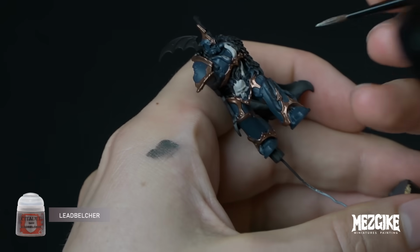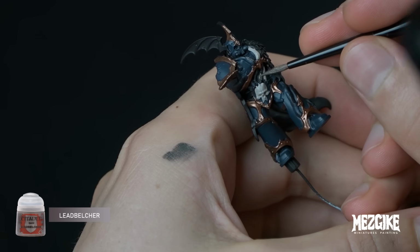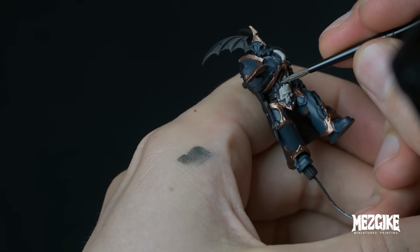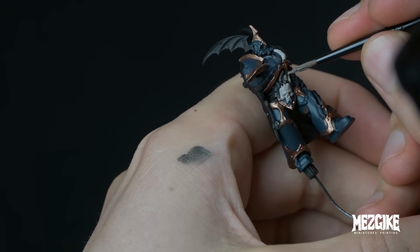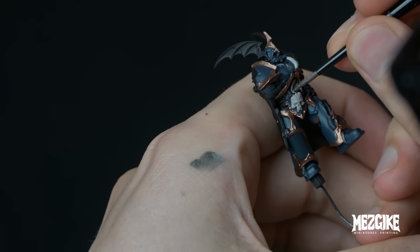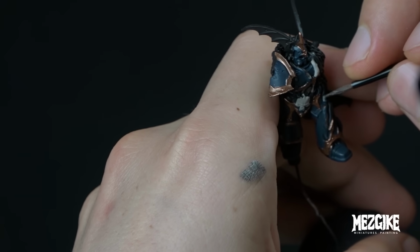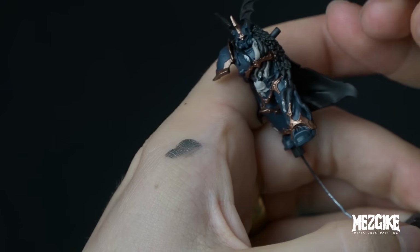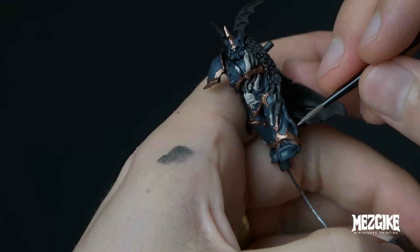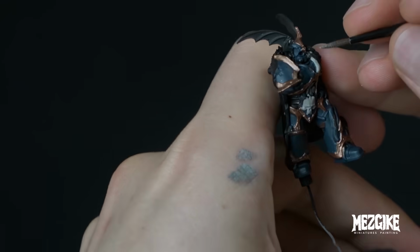Lead Belcher. We're just going to use this to paint all of the pipes, the internal pipes that we can see in the tears. And this pipe here is completely exposed. We're going to paint that. And we'll make our way around the whole model, all the subsections, just picking out these little exposed pipes,